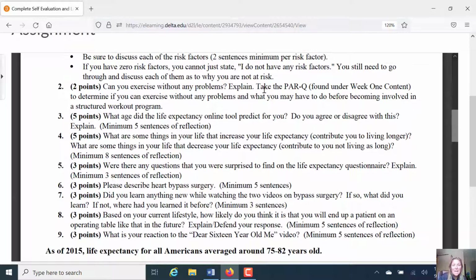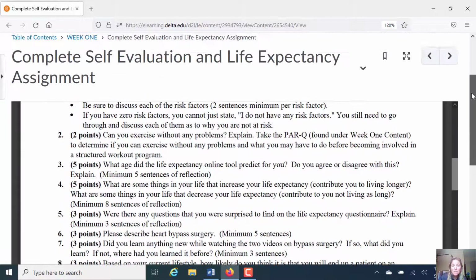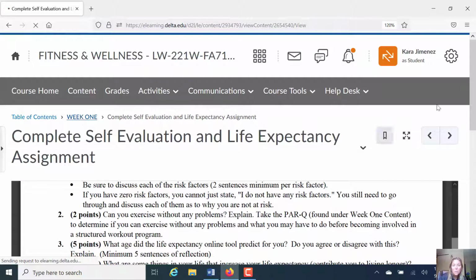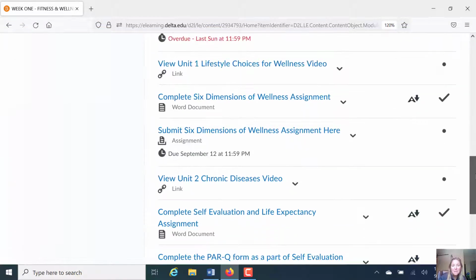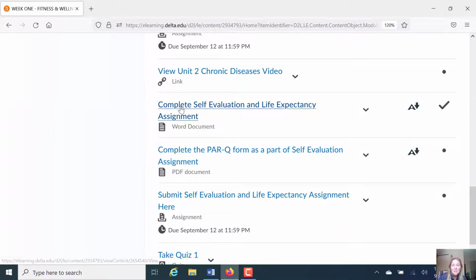The next question asks you to take the PAR-Q test. So the next link under this particular week 1 module, so underneath this assignment, if I go back and scroll down, you will see the PAR-Q evaluation.